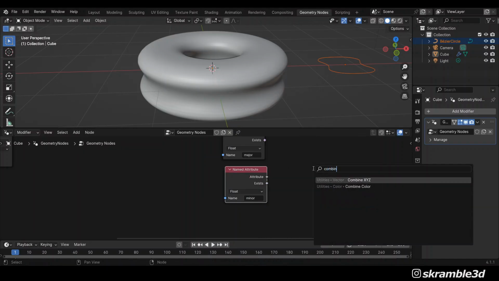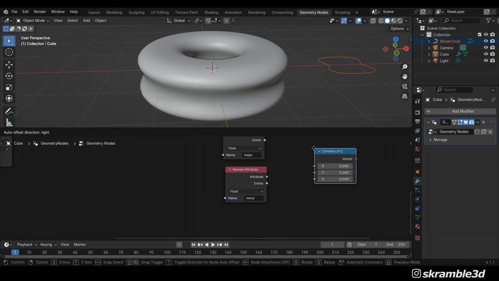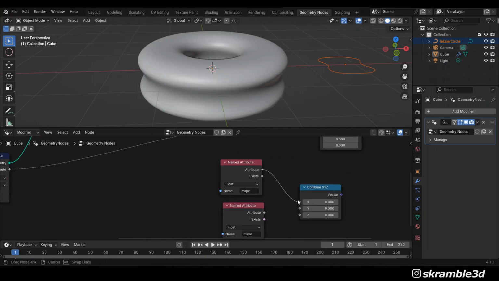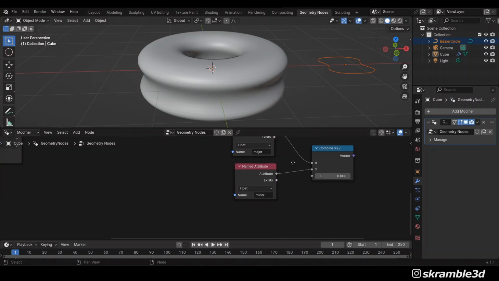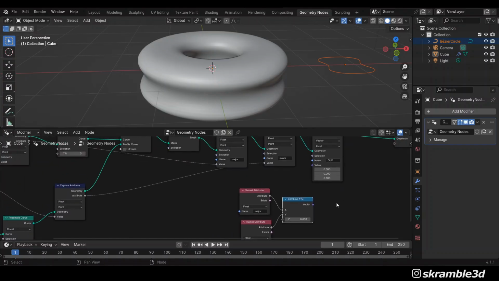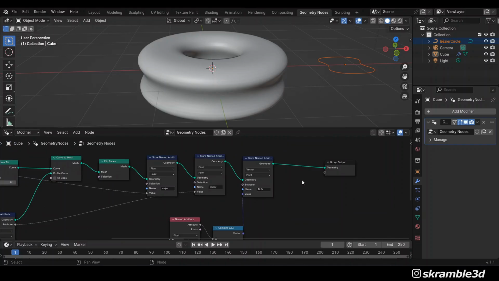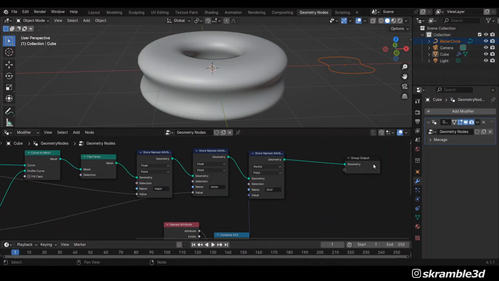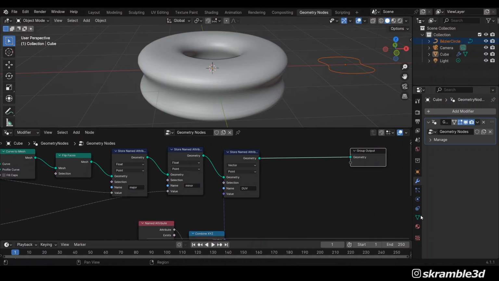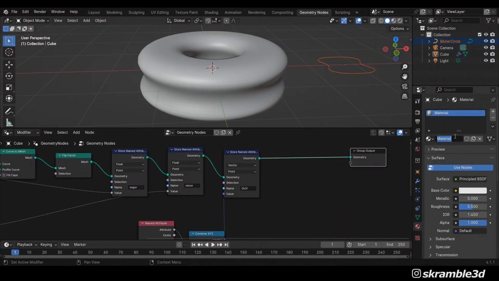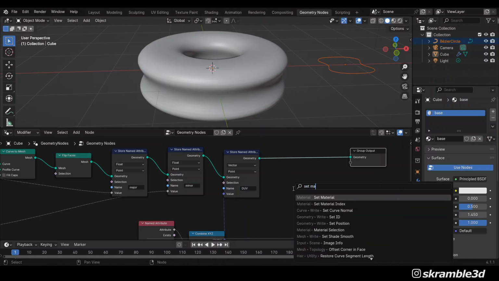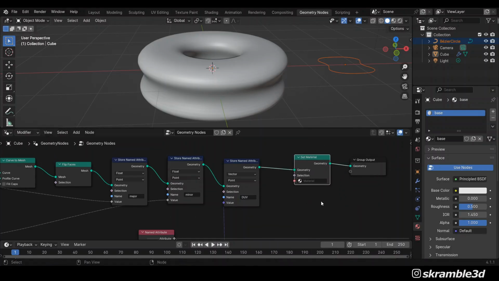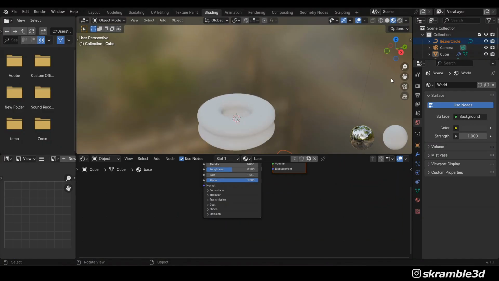Let's get a Combine XYZ. Let's plug major into X, minor into Y, and the result into the value on our DUV vector. To get it out into the shader editor, first of all we'll need a material, which I'm going to call base because it's the base of the donut. Get a Set Material node here, this is essential, assign base, and if we go over to shading,